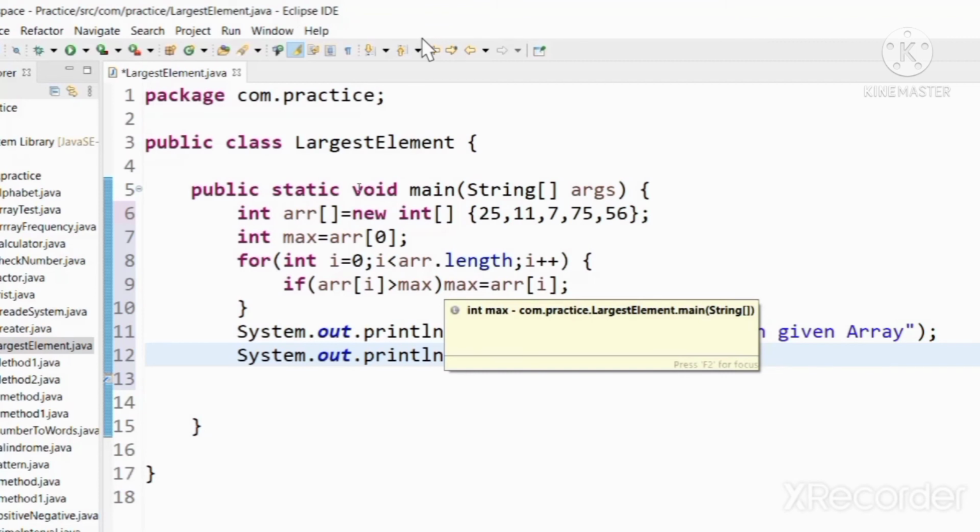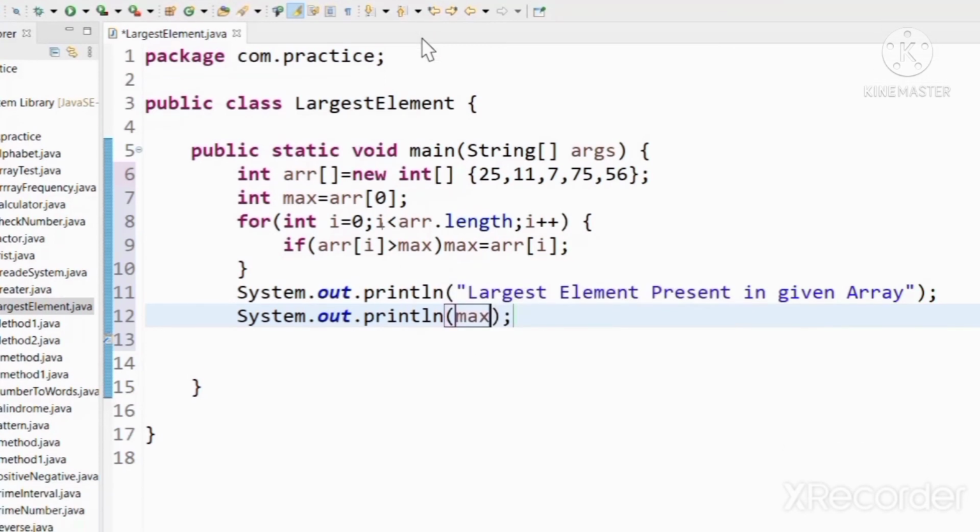Now max will be compared to 75. 75 is greater than max, so max will hold the value of 75. Let's continue this process until the end of the array is reached. At the end of the loop, max will hold the largest element in the array.